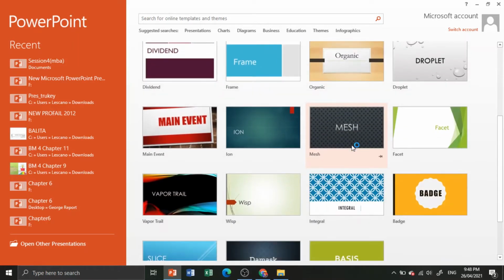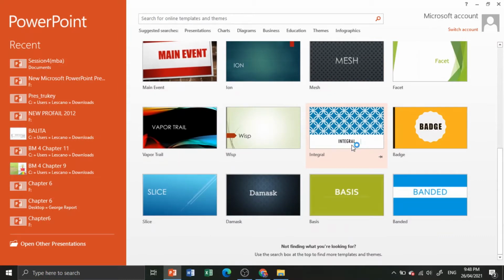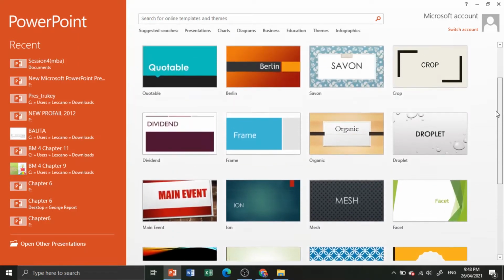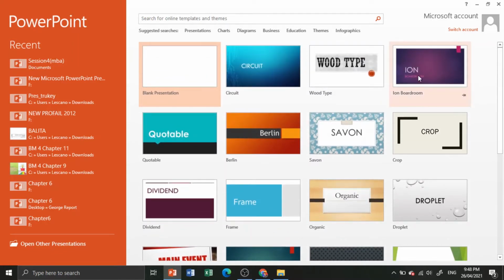Okay, so which one is simple? So we have to choose a simple background. I think I will choose this